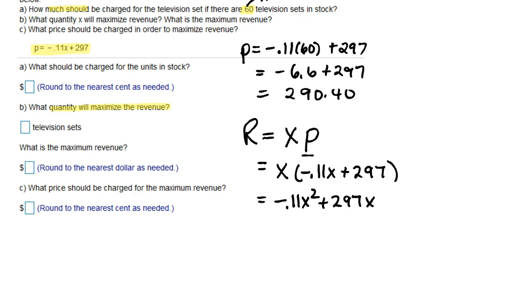Now I'm going to maximize the revenue. What I notice here is that I have a quadratic. That squared tells me I have a quadratic, and then I have a negative coefficient. So my parabola will be a down-facing parabola, and the vertex is where my maximum will be. So I'm going to find the maximum revenue by finding the vertex of this. So we'll use the vertex formula,